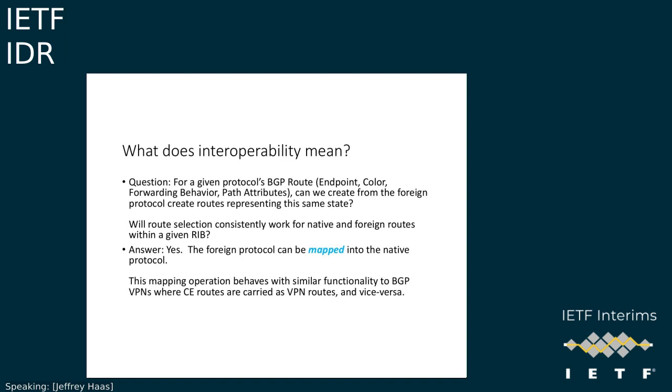And if we do so, can we actually have consistent route selection and pass them around? Well, the answer appears to be yes. Foreign protocols can be mapped into the native protocol. And a thing to think about in terms of how these routes get passed around is that receiving a foreign BGP route, and turning it into locally a native route or vice versa is effectively the same type of polymorph